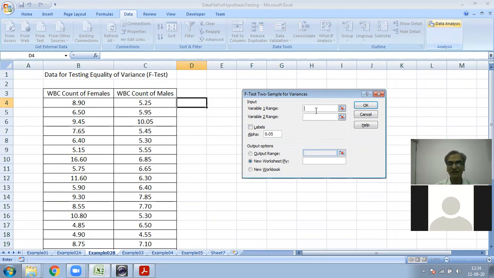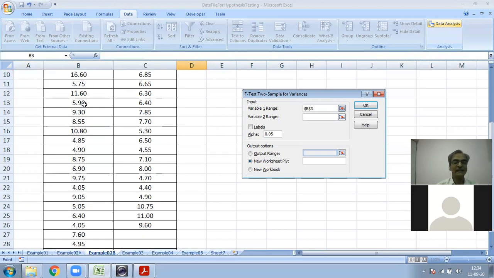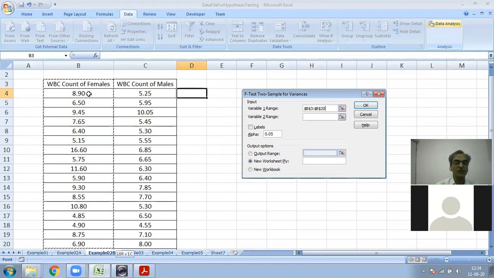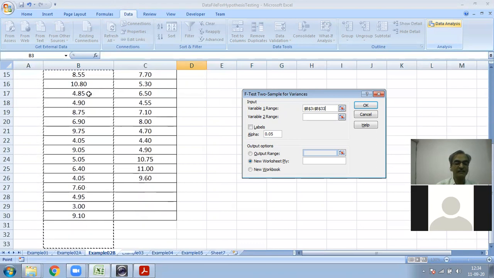So in the variable 1 range, click inside the white box and then click on the Excel sheet and select the entire data. You can select the data by clicking on the title and holding the shift button and the down arrow, so it will select the entire data.